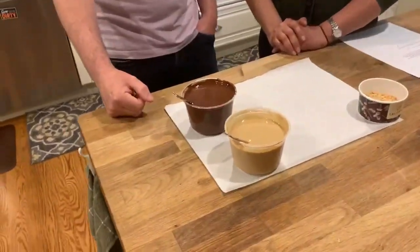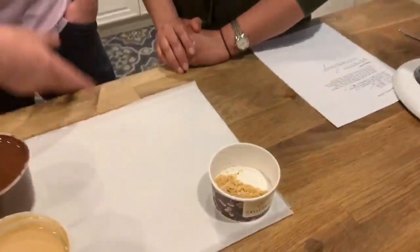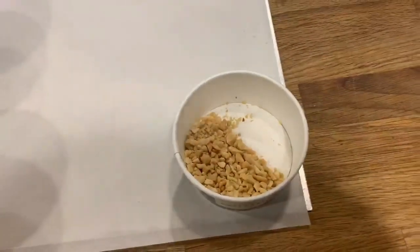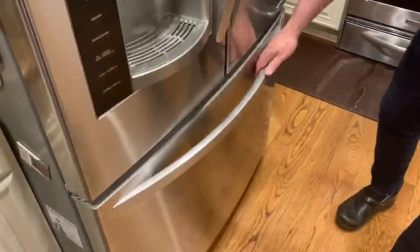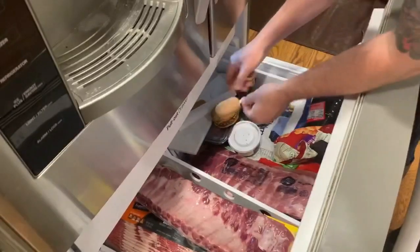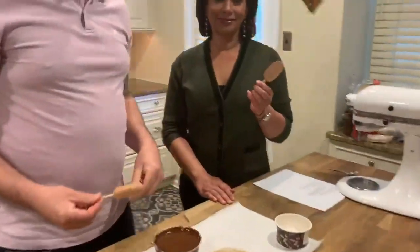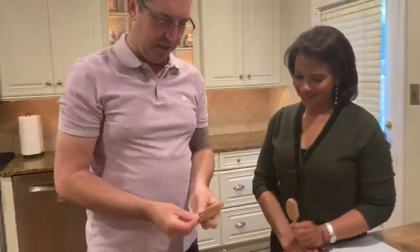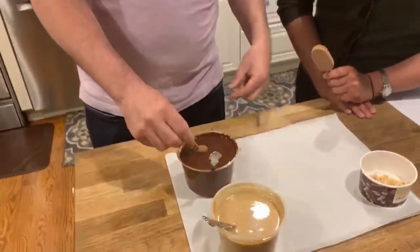Then we have some chopped peanuts for decoration, and you can put other things if you want, but I'll show you how to make them plain Jane and a little nicer. Okay, so you're going to take your pop, it's frozen. First of all, you could eat it plain if you want to, or you can dress it up. Dip your pop in the chocolate,